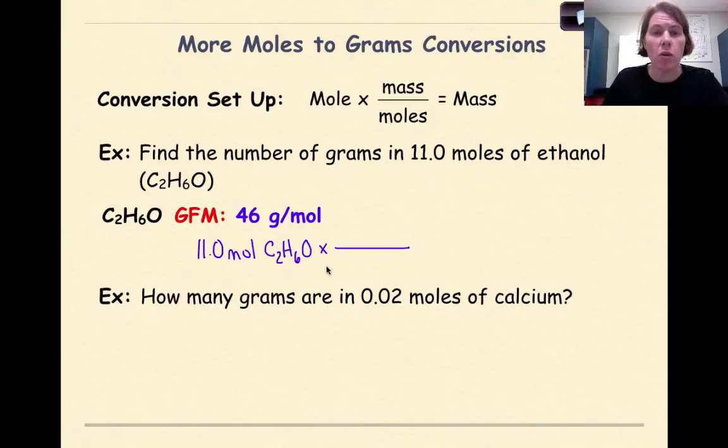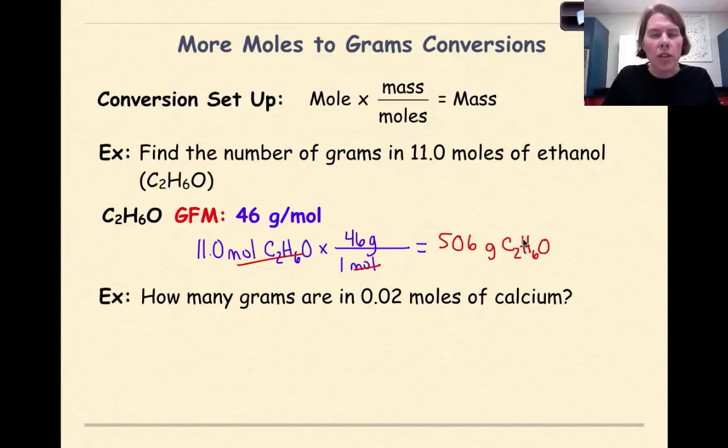And if we're starting with moles, it's 1 mole on the bottom. And our gram formula mass is 46 grams. Moles will cancel moles. 11 times 46, and that is going to give us 506 grams of ethanol,